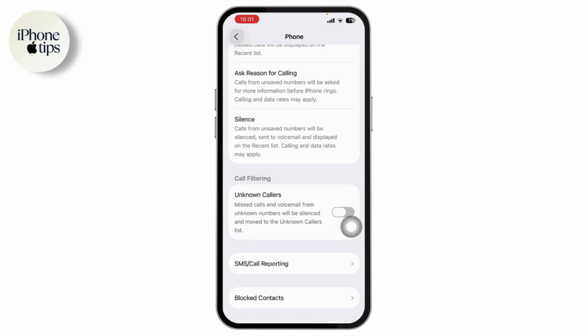In short, silence unknown callers stops unknown calls from ringing, and unknown callers call filtering moves them to a separate